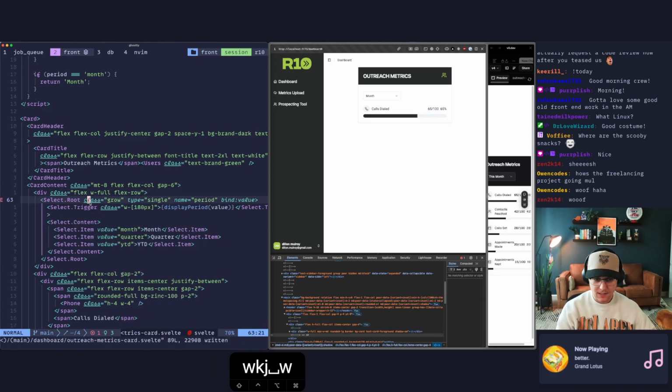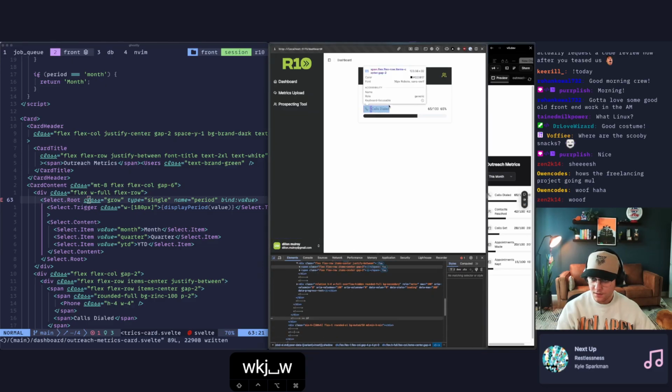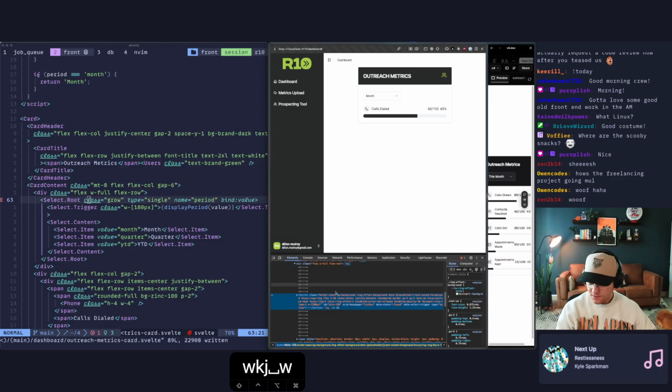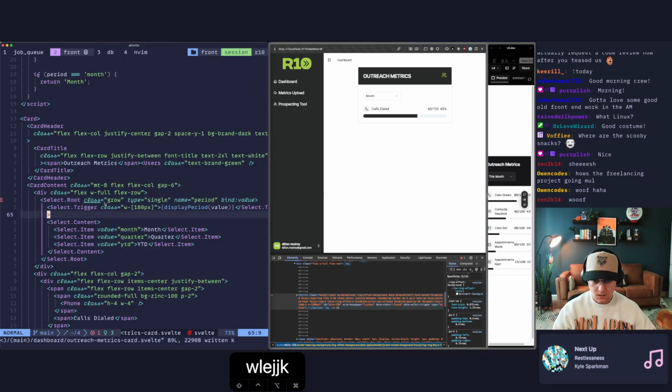Why is this thing not updating its width? So it's a button. The width is hard coded. So I should be able to come in here and say, oh, right here, the trigger is the thing that's probably preventing it from growing, right? If I delete this,